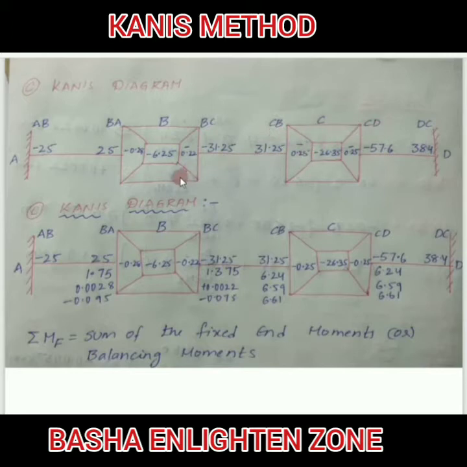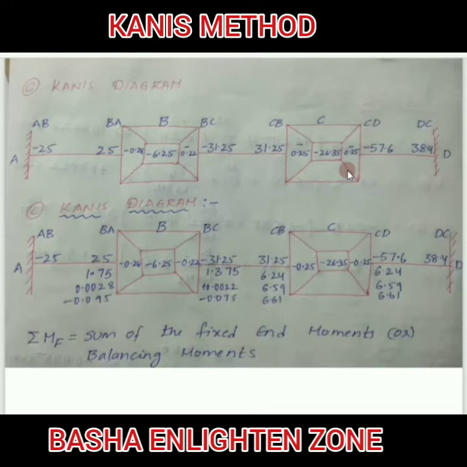Therefore, we are finding only rotation movements at these particular joints B and C. So for that purpose, you will get a rotation movement for BA, BC, CB and CD, not for AB and DC. For AB, the rotation moment is always 0, and for DC, the rotation moment is always 0. Then you will get rotation movement only at the BA, BC, CB and CD positions.